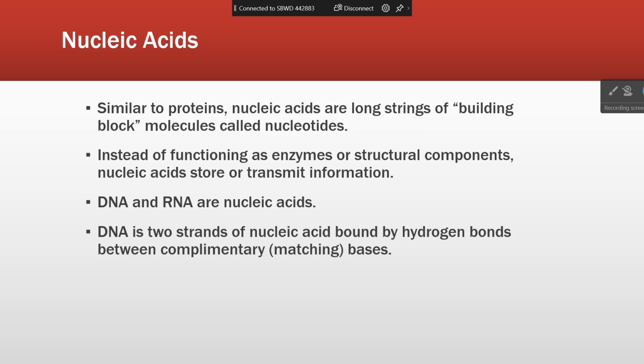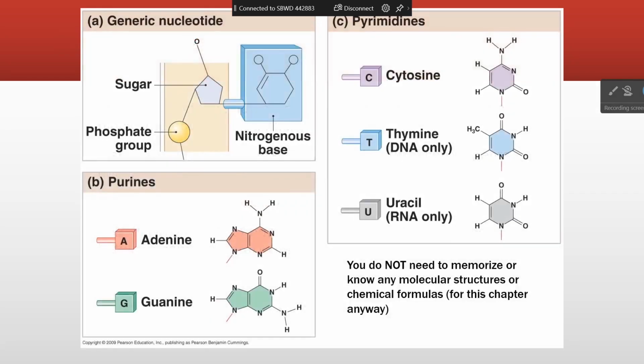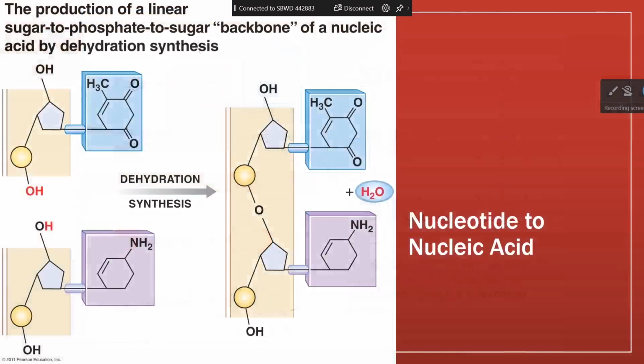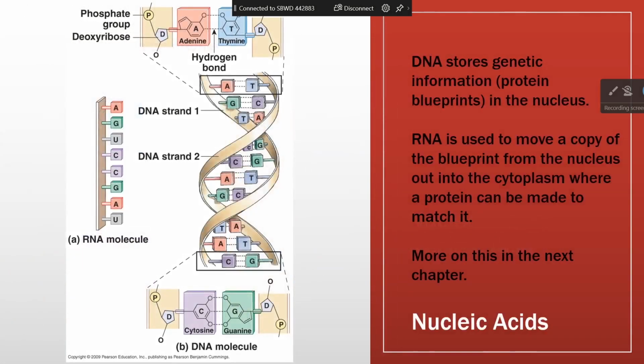So that's your DNA and your RNA, which I know you've been learning about for quite some time. So you've got your purines and pyrimidines. You have your sort of generic, like I said, don't memorize the molecules. This is just a refresher of how this all works. Okay, so we take 2 nucleic acids and we can combine them together in a dehydration synthesis. We do this lots and lots of times and we get a DNA molecule, right? So now we have a template for the building of a protein, right? And I know you've all heard